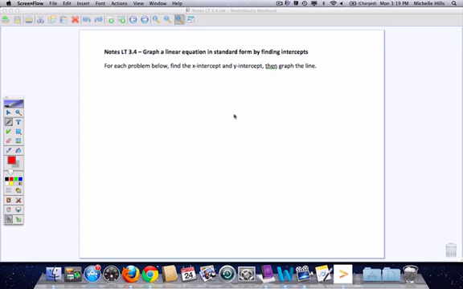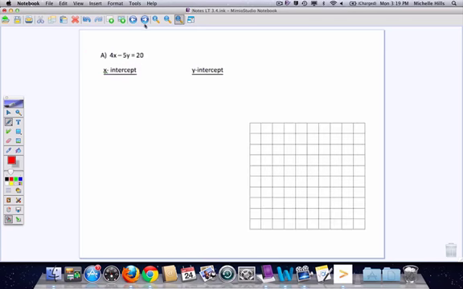So today we're looking at how to graph a linear equation in standard form by finding x-intercepts. Well, first of all, standard form looks like ax plus by equals c. So it's not a y equals equation. It's not slope-intercept form. So this is going to look a lot like this next one, 4x minus 5y equals